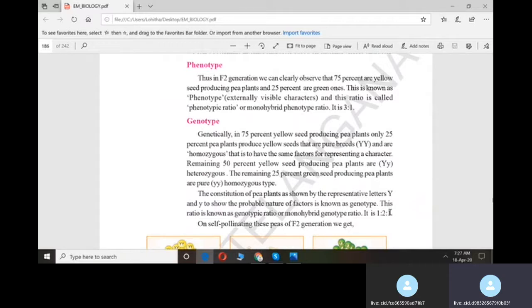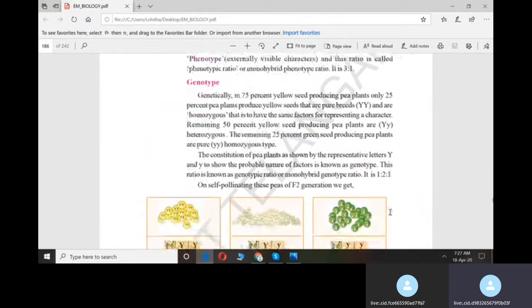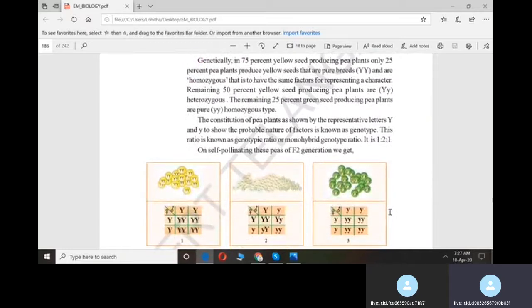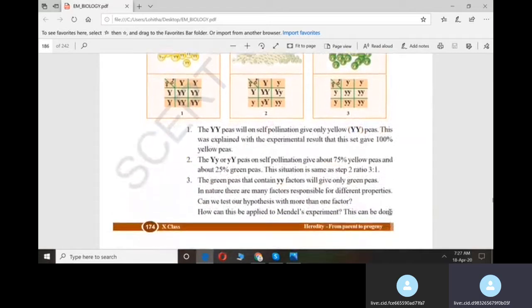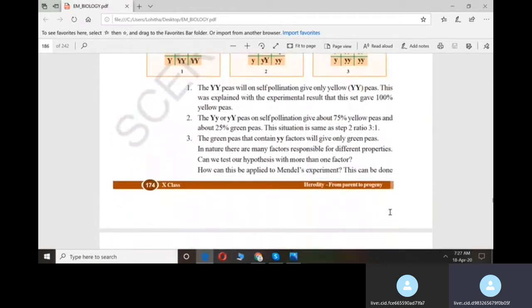So here 25% is showing pure yellow, 50% is showing mixed yellow, and 25% is showing pure green. Understand? That's why there is a phenotypic ratio and a genotypic ratio. Understood? I hope you understood very clearly. Okay. Now let us move to